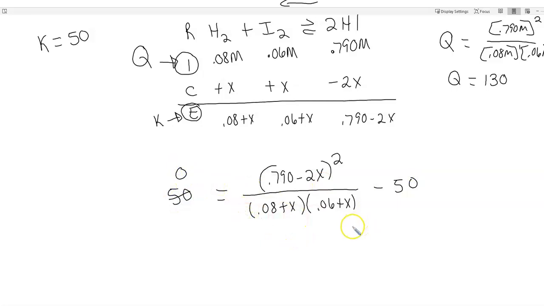So we get ready to put it in the solver, and we're going to need a double set of parentheses around the guy on the bottom, because the bottom's a little special. The top doesn't ever need it. The bottom needs that double set of parentheses around the whole thing. Once we use that solver, I'm going to go to the calculator and put our values in here. You're going to find the X to be